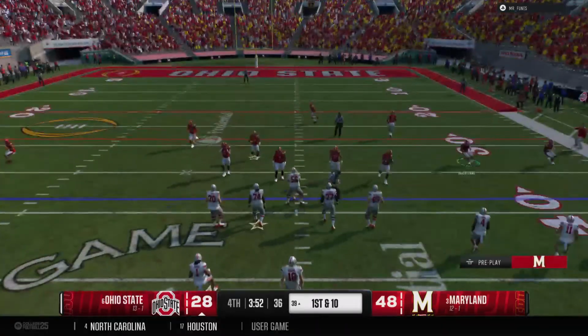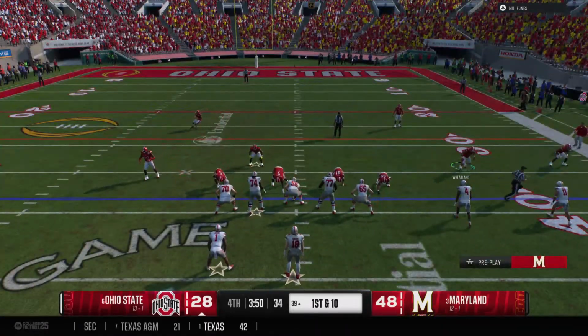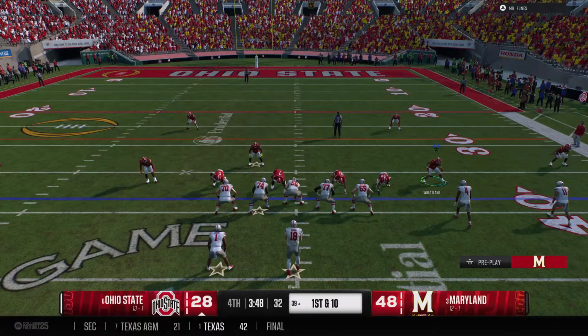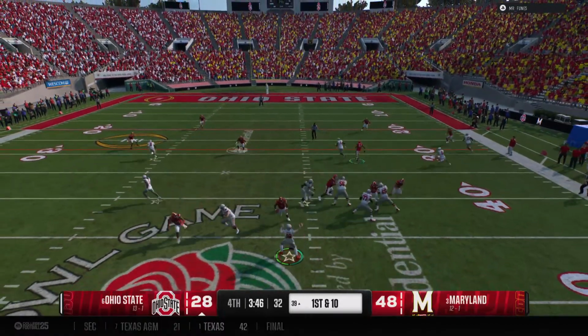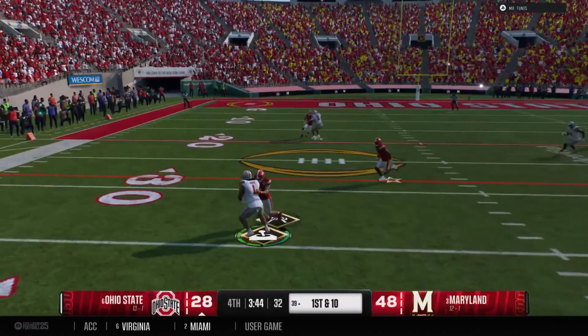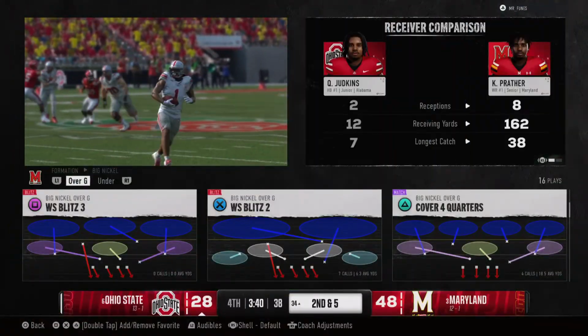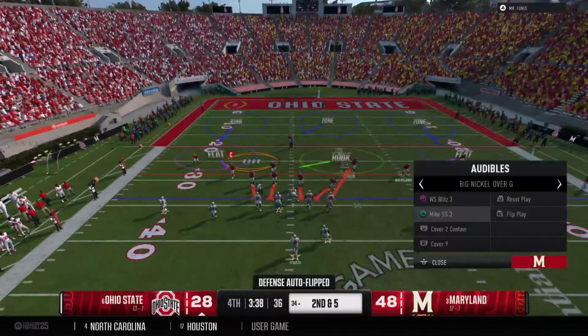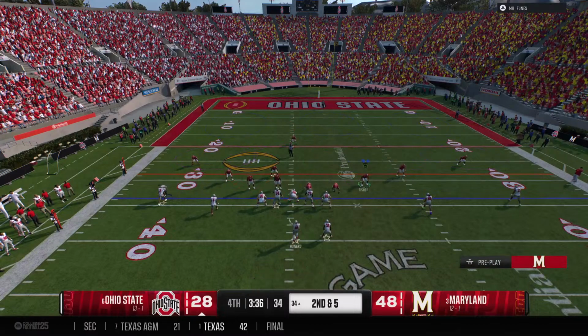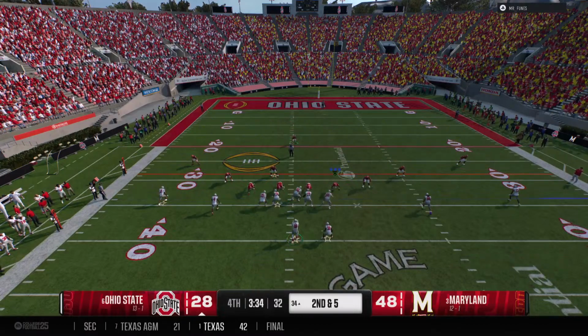Chris, here we are in the fourth quarter. These guys are trailing. Hadn't been a great day, but with this quarterback, he's as gifted as anybody in the country. You never count these guys out. With the catch, it's Judkins. He's brought down quickly. A short gain gets them a few yards closer to the marker. That completion makes it second and medium.